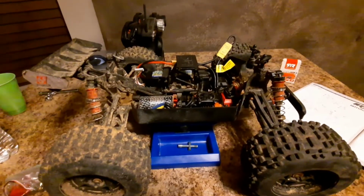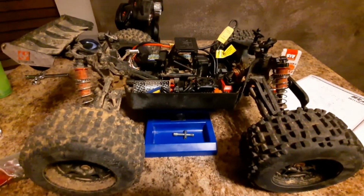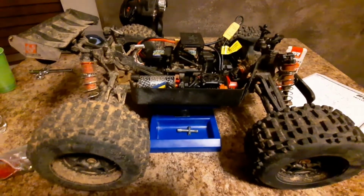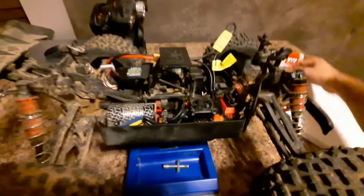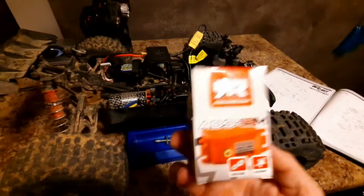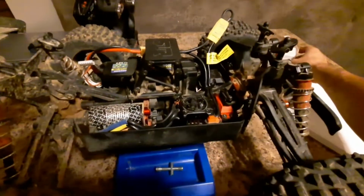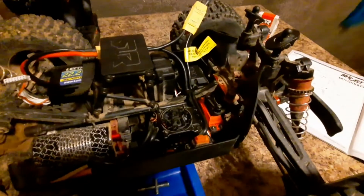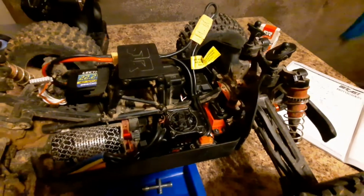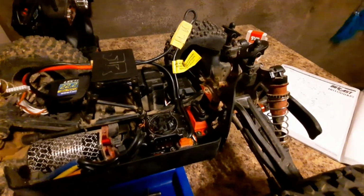All right, so I just want to do an update video on the steering servo. I got the new one put into the car. This is the box for it. It's the same servo as the stock servo. So this is it right there. It took me about an hour and a half, probably 2 hours, to put back together, and the biggest reason is because